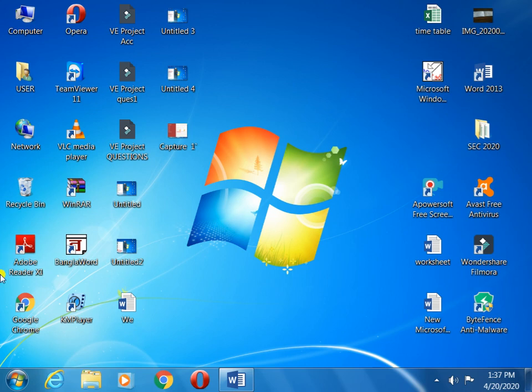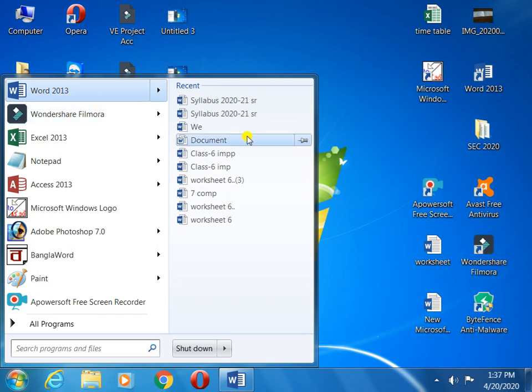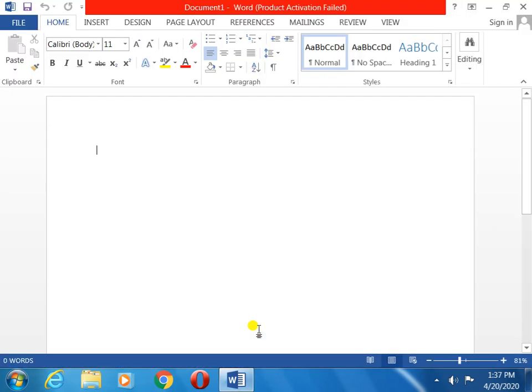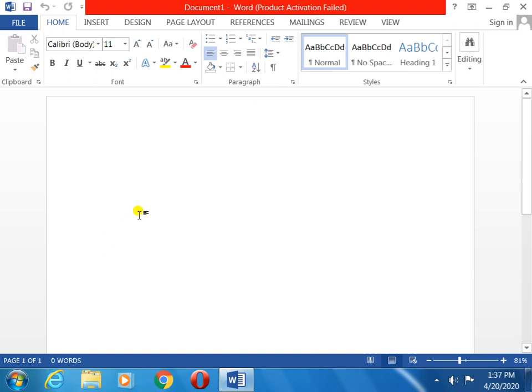Okay. Just now I will start on MS Word. You can see the word Word 2013 here. So I have opened Word 2013. This is the MS Word window. Now you have seen how to insert WordArt, which I taught in the previous class. Once again I will do it here.